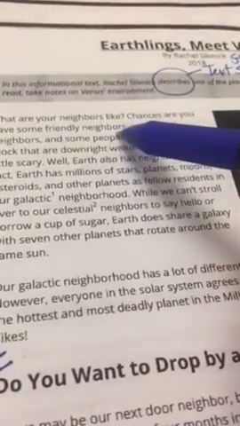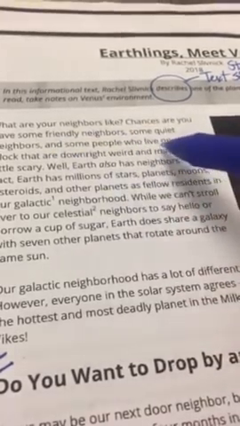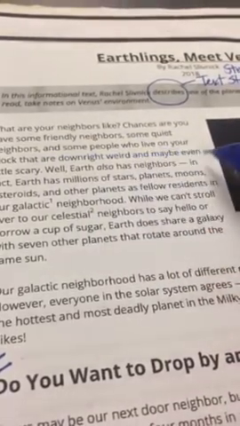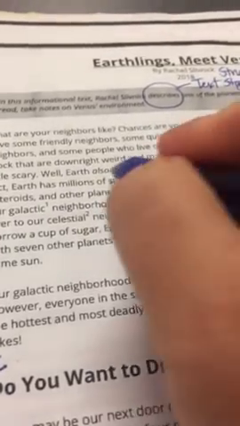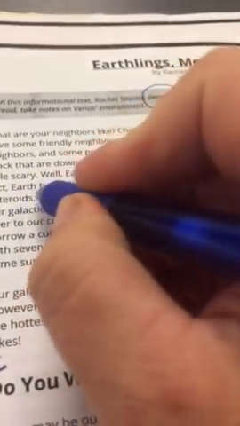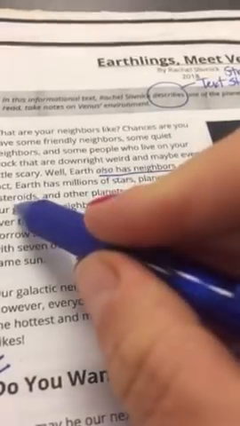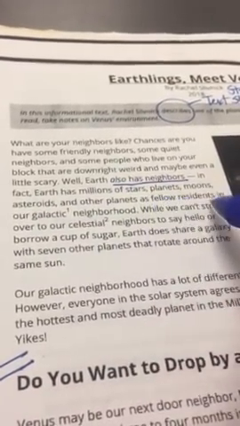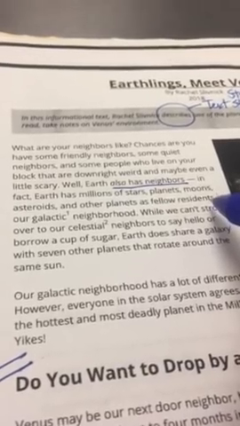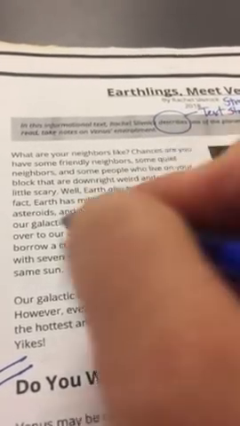Chances are you have some friendly neighbors, some quiet neighbors, and some people who live on your block that are downright weird and maybe even a little scary. Well, Earth also has neighbors. In fact, Earth has millions of stars, planets, moons, asteroids, and other planets as fellow residents in our galactic